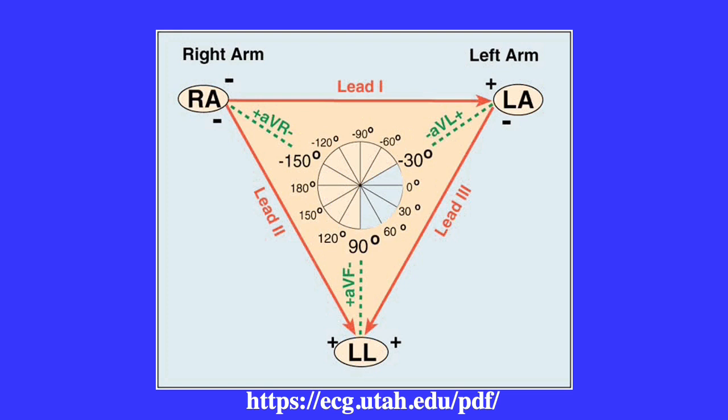The normal axis is between -30 to +90 degrees. An understanding of vectors is important if you have to comment on the axis. This is an outstanding website for those who are interested to know more about EKGs. It's